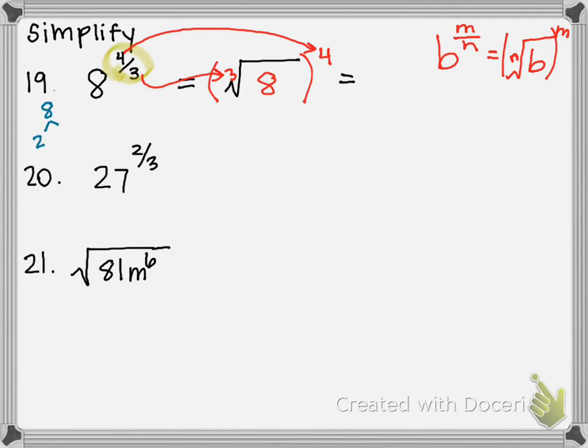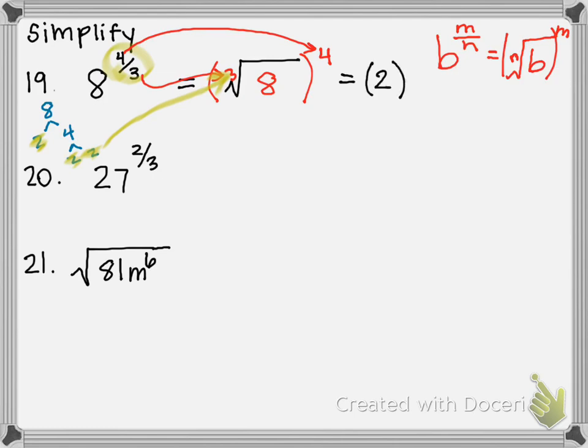8 is really 2 times 4. Those are 2 factors I know of 8. And then 2 is not going to break down further other than 1 and 2. But 4 is 2 times 2. So if you look at how many 2's I have here, 1, 2, 3, and that's exactly what I was looking for if you go back to your index. So the cube root of 8 is 2,